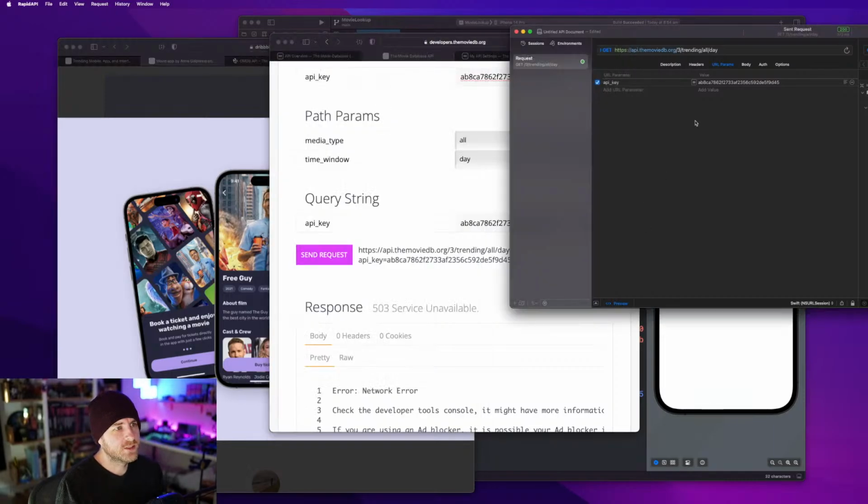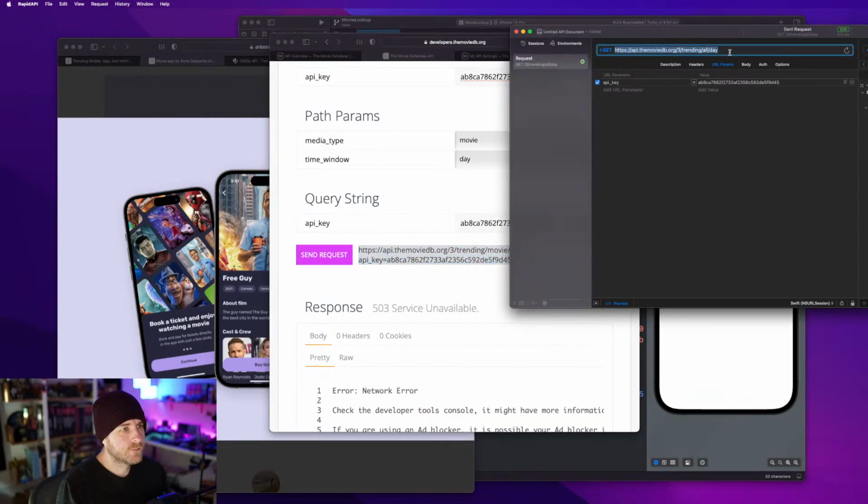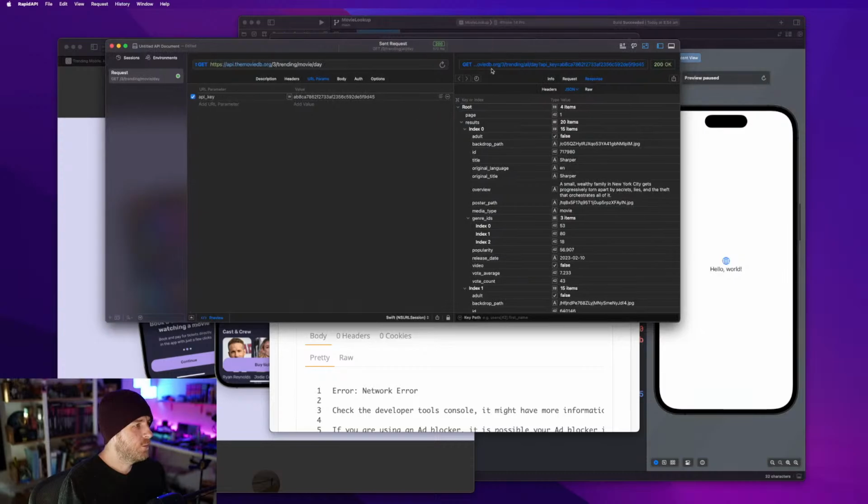We'll just go with movies. Let's just do movies, because that's what it has in the design. Yeah, cool. You probably won't be able to read this very well, but it says api.themoviedb.org/3/trending/movie